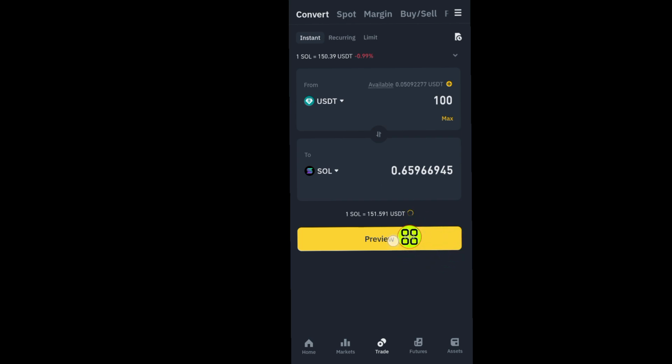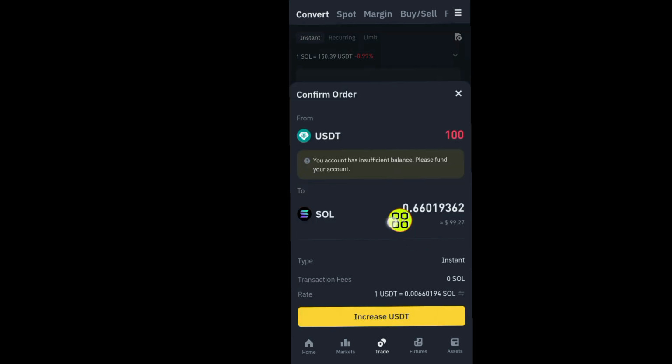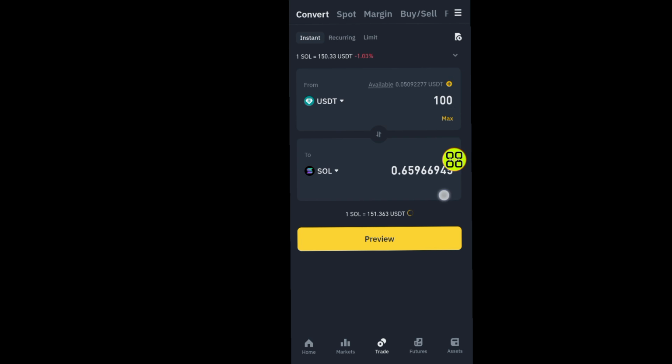After you tap on the preview, it will give you another button which says convert. If you have enough, like here it is now, just tap on this convert. Instead of increase, it will give you convert if you have enough USDT on your account. So after you convert the USDT into Solana, just tap on this back